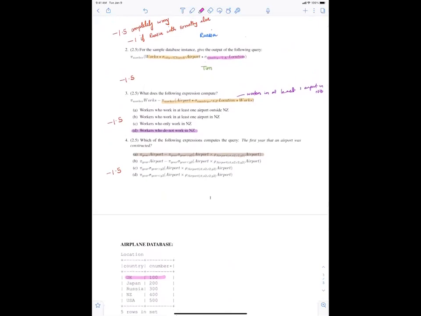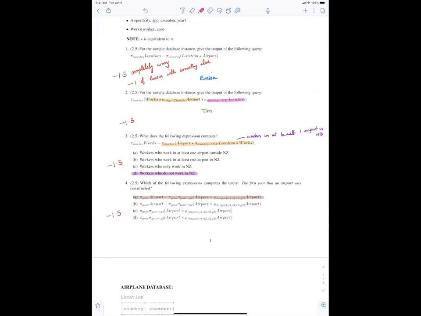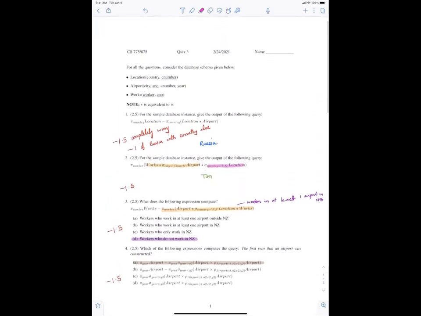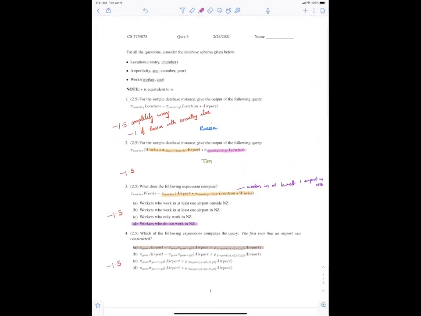So I would say that the important point to remember is that relational algebra always starts from the left. So if you started from the left, it would have worked through fine. But if you had started from the right, you would have got a different answer. So any other question on the quiz? Okay, if you have nothing else, then I will just continue with the lecture.